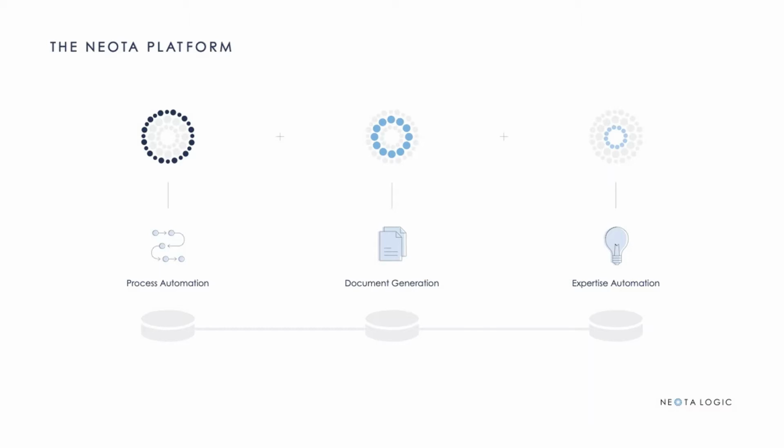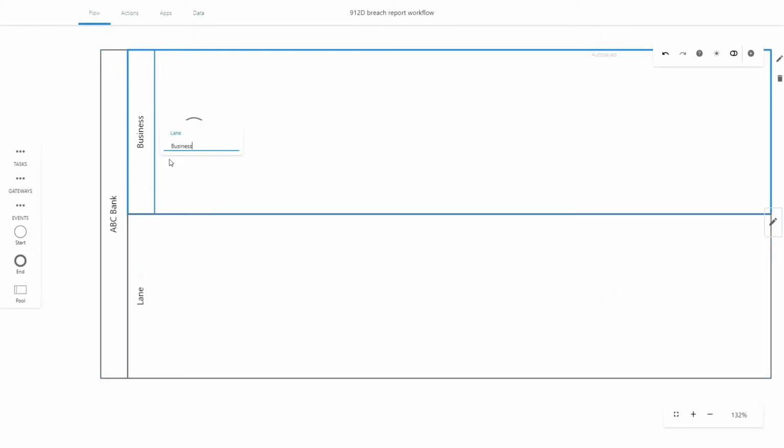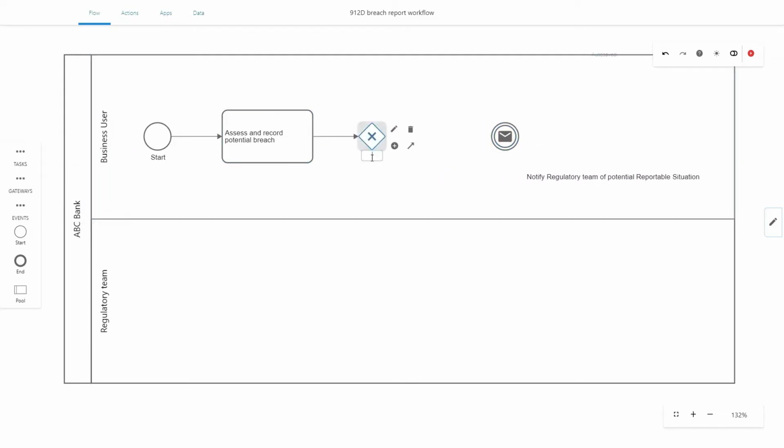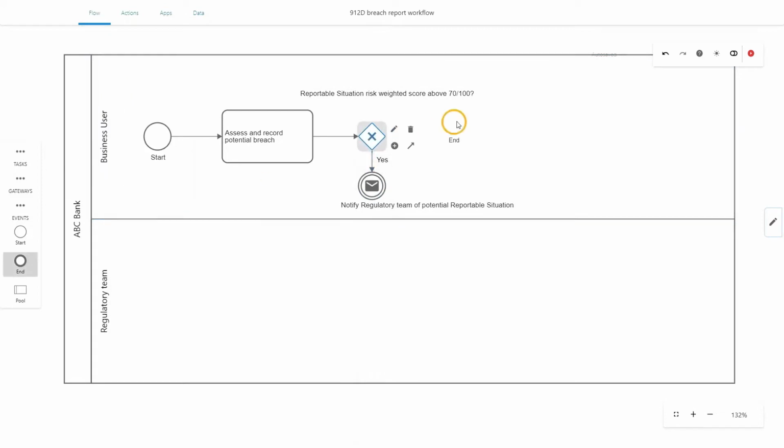The first core capability of the platform I'm keen to run past you is Neota Logic Workflow. You can see here Neota's workflow mapping tool integrated with our workflow engine. The use case here is an Australian financial services licensee dealing with the new breach reporting regime, which is coming in October. So under 912D, the Corporations Act, financial services licensees need to be reporting reportable situations, and the tests have changed. This workflow allows a business user or a member of an investigations team, say, to lodge a potential